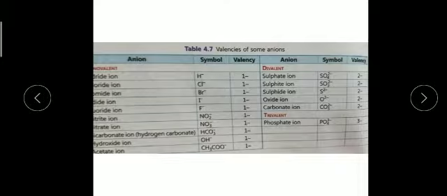So you should know how to write these valencies, and these charges are called their valency. You can see all are having 1 negative charge, so the valency is 1 negative. Divalent is having 2 charge, so the valency is 2 negative. Trivalent is having 3 negative valency, because they are accepting electrons. Anions, remember, are accepting the electrons. In case of divalent, 2 electrons, trivalent 3 electrons, and mono means 1, monovalent means 1 electron.